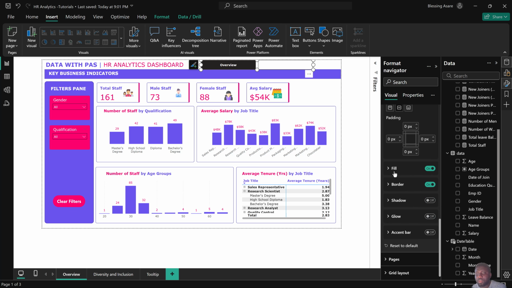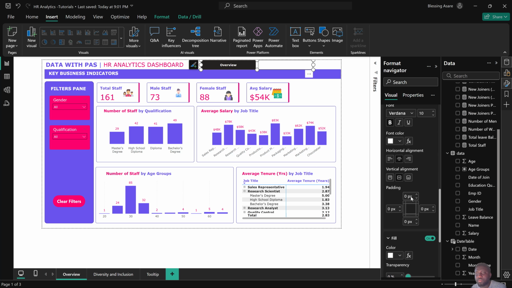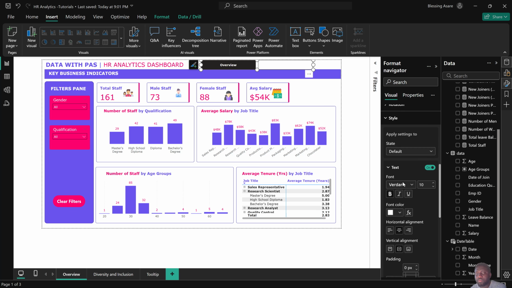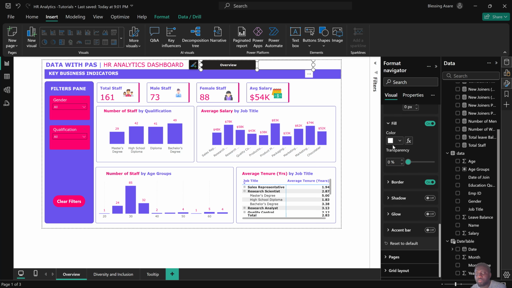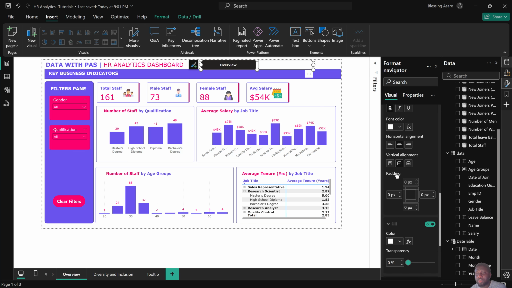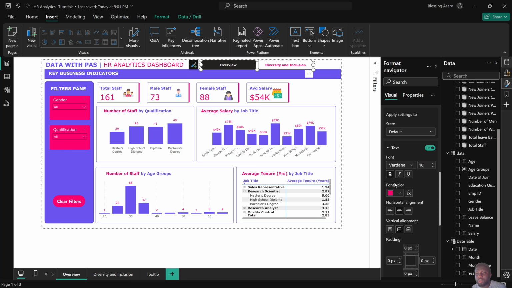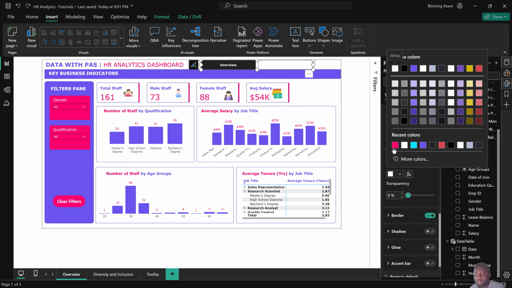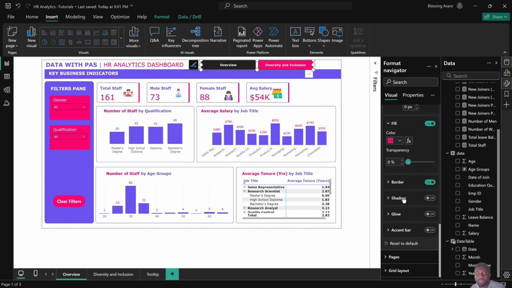The fill color rather should be the fill color for default for this one should be this. So not the font. The fill color for this one should be this. Yeah. And then